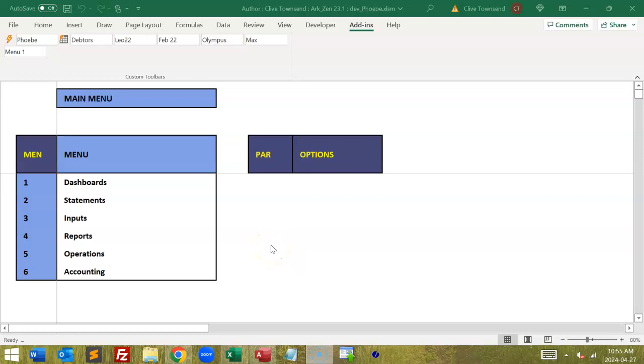Hello everybody. This video is part 2 of our operations module, where we're showing that we've built a system for the operations of this particular company. It's a trucking company. We've built a methodology for recording all the operating events, including sales and cost of sales. Now what we're going to show you in this video is how that feeds through into the Ark Zen system,